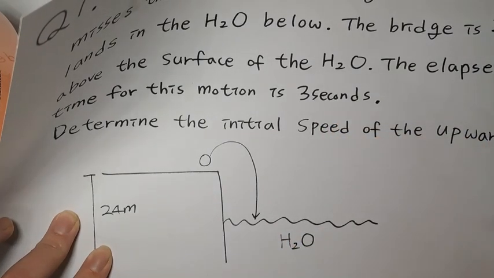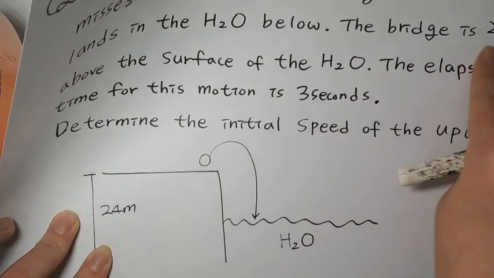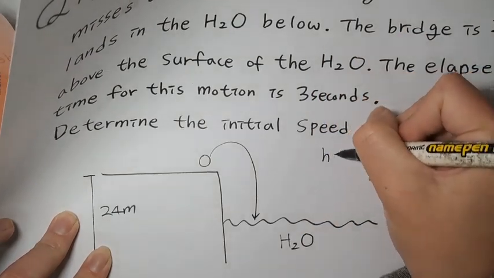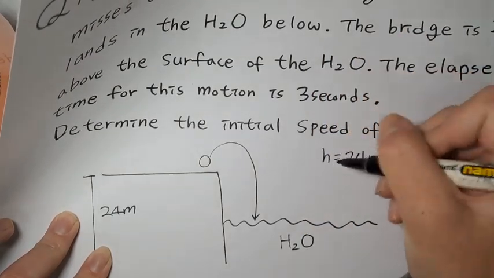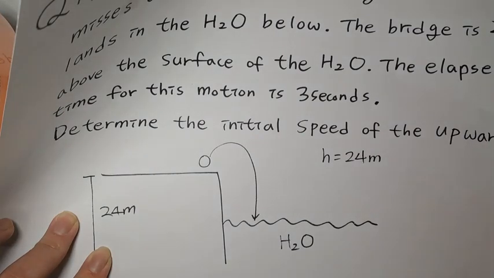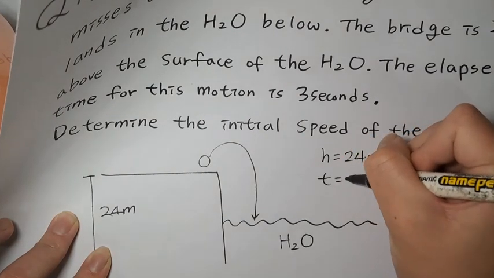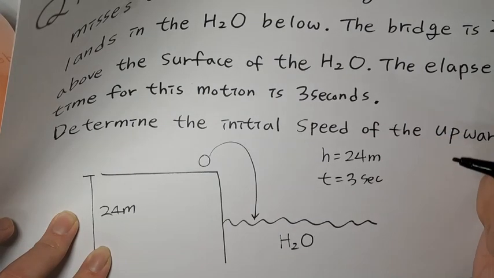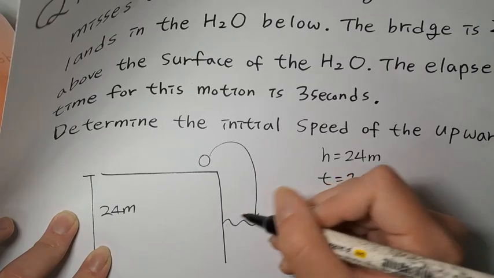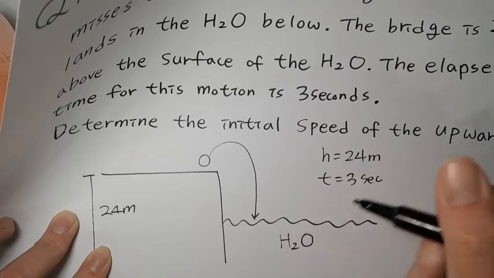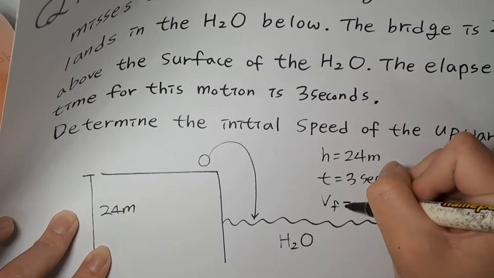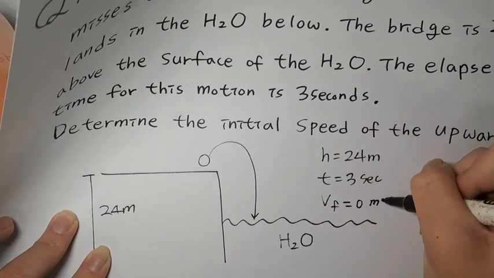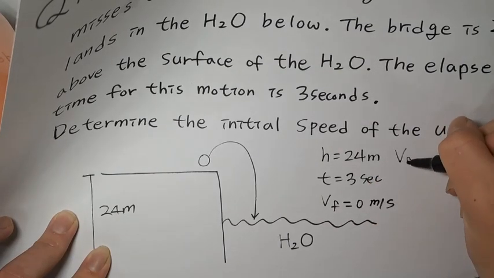So the height is 24 meters and the time is 3 seconds. And on the surface of the water, the velocity is going to be 0. So we are going to find the initial velocity,